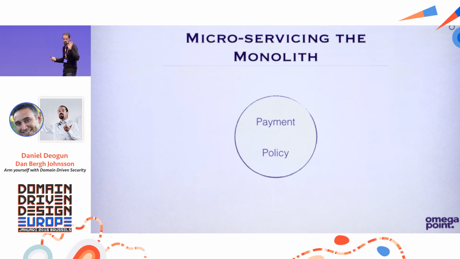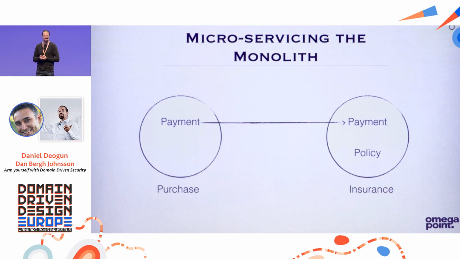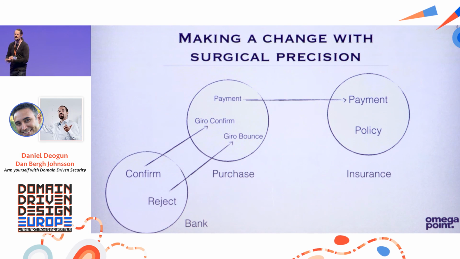Real-life example. An insurance company with a payment system which handles payments and policies. They try to go microservice-ish, so they break it up into 2 systems. When a payment arrives, a policy is prolonged, and the letter is sent to the customer. Now, they suddenly want to add Giro payment. The payment before was cash over counter. Now they add bank Giro payment, so